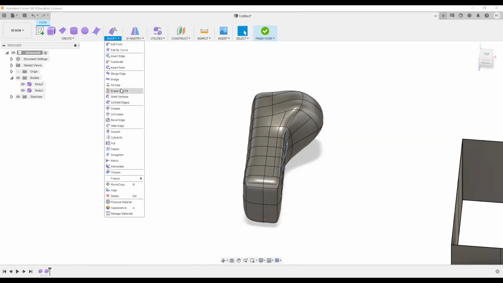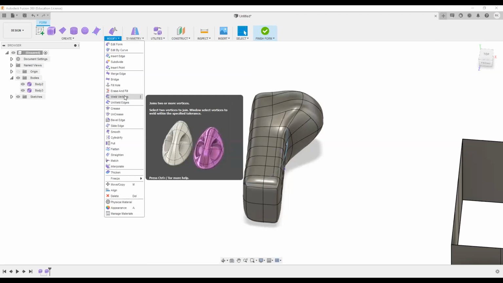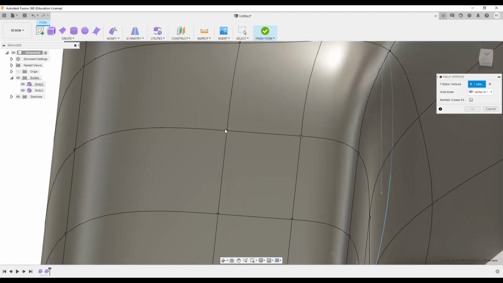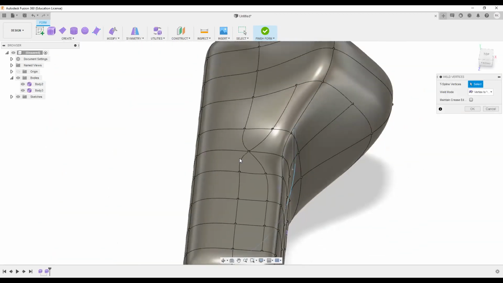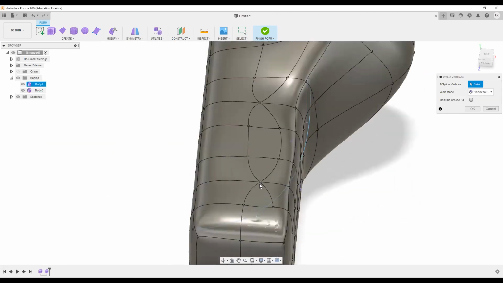Then we can weld. Then we can weld the vertices this way. There are a number of vertices that we have right now. So this way we can weld the vertices, vertex to vertex also. We can do vertex to midpoint also. So this vertex to midpoint option gives, if I select these two vertices, it will weld or merge the vertices into the middle point.